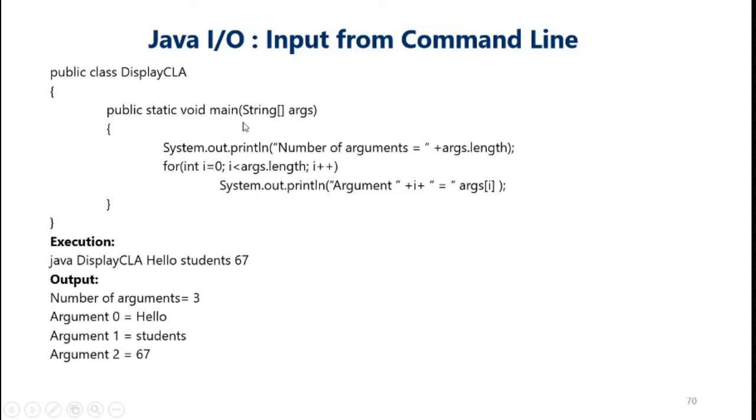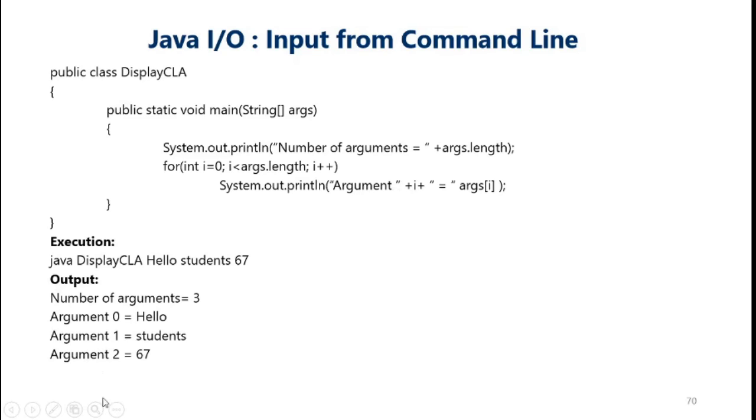So this property is a member of the args array, because args is passed as a parameter to main. And in the for loop we are accessing those arguments and displaying their values. So for int i = 0, i less than args.length, i plus plus, System.out.println, and we are displaying the value of each argument. So here the total number of arguments is displayed, and here the value of each argument is displayed.